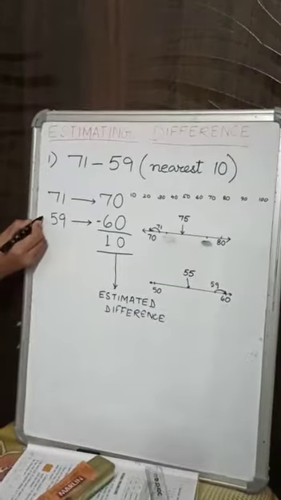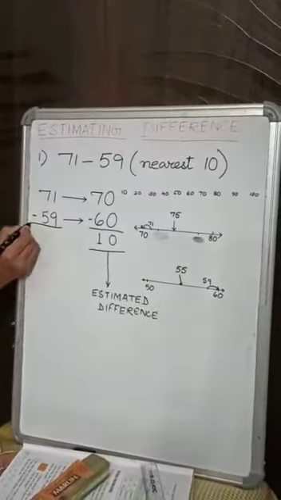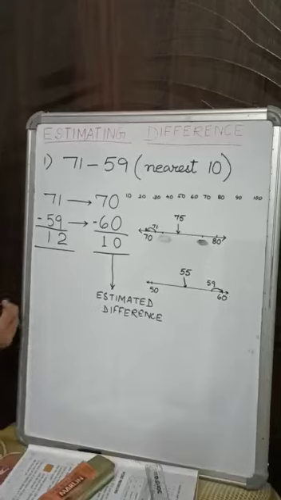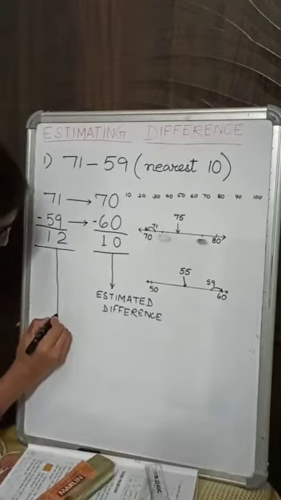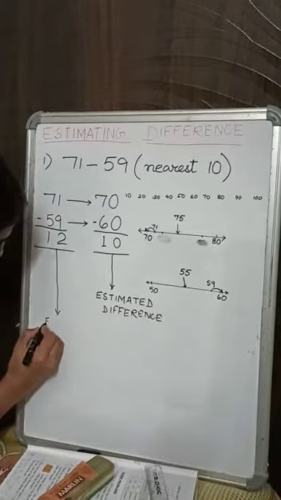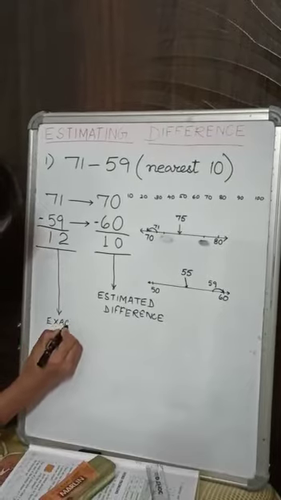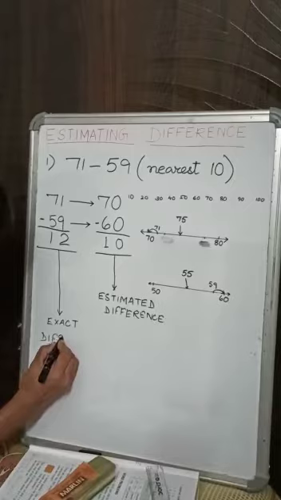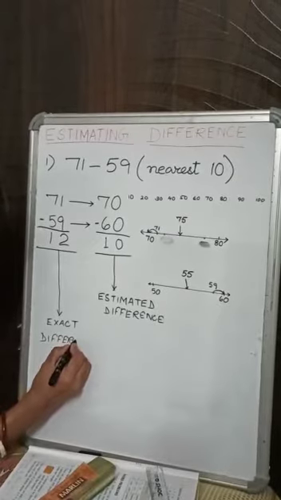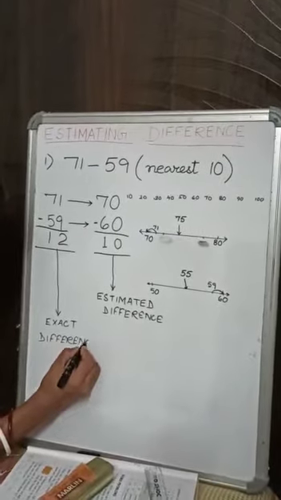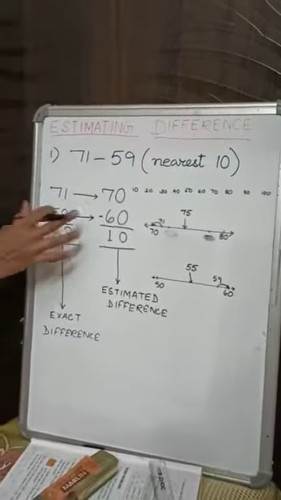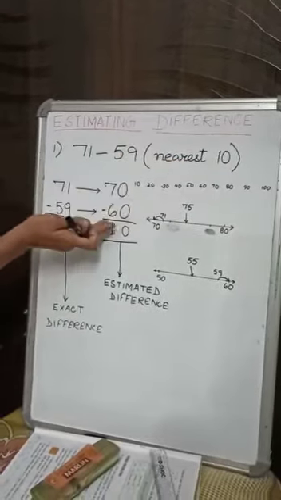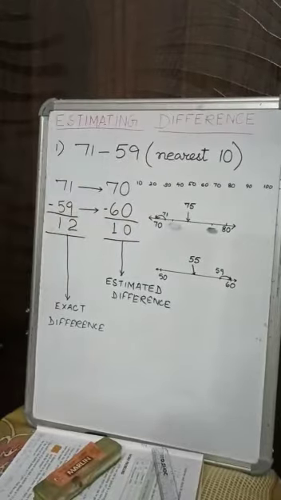And when you subtract the given numbers, the actual numbers, this is the exact difference, or it is also said actual difference. So this is how we round off the numbers to the nearest 10 and then subtract to find the estimated